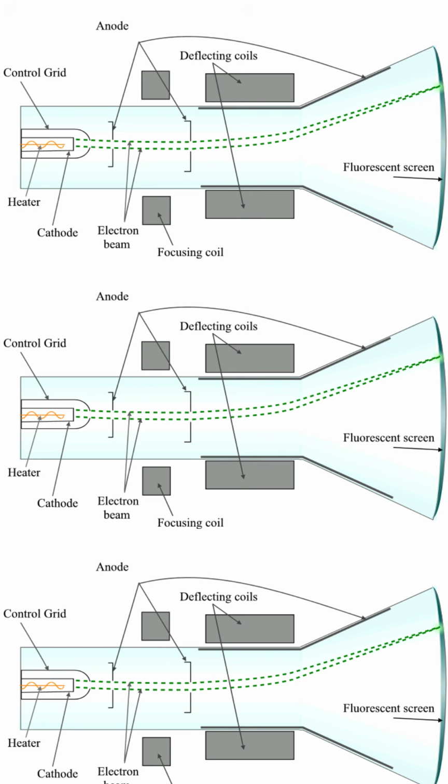To ensure the final image is sharp and not blurry, this beam first passes through a focusing coil, an electromagnet that generates a magnetic field. This field acts just like a glass lens, forcing the slightly diverging electrons to converge to a single, fine point